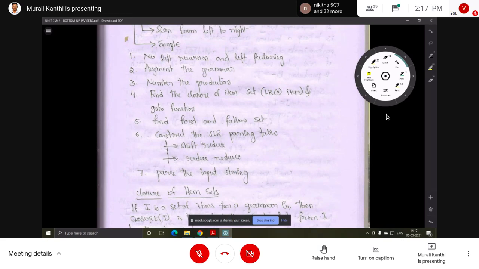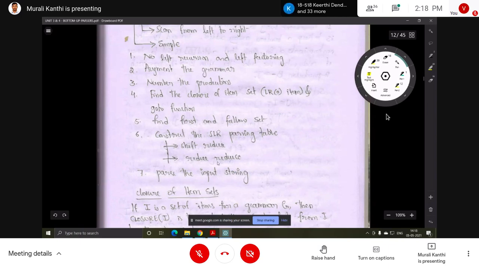Here also it is the same thing. After table construction only, whatever input string is given can be verified whether it is accepted or rejected. So the table is constructed by using shift and reduce operations, and you will see accept and reject operations too. The last step is to parse the input string, whether the input string is accepted or not.